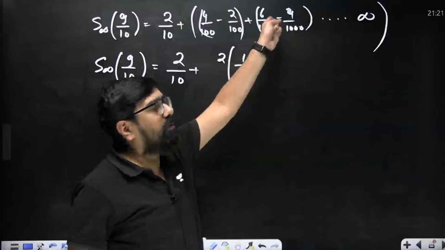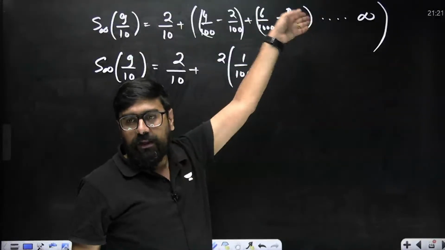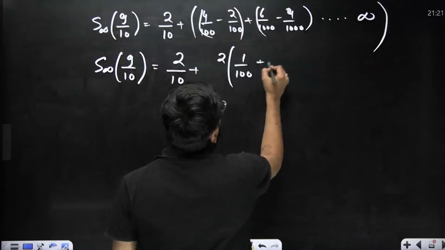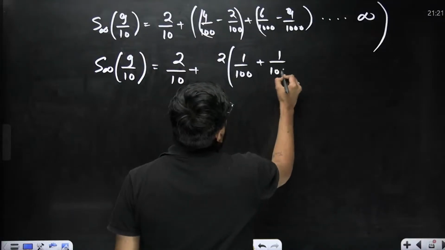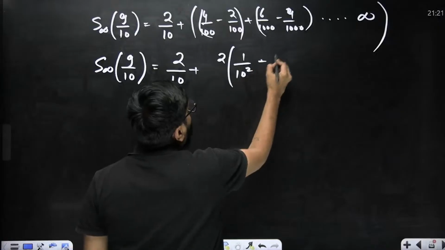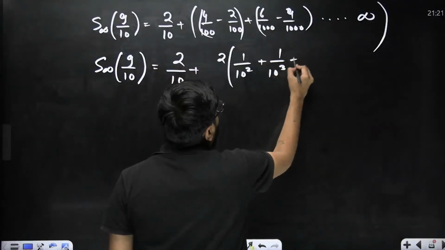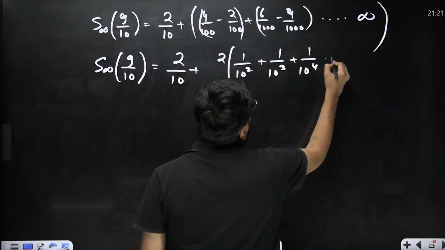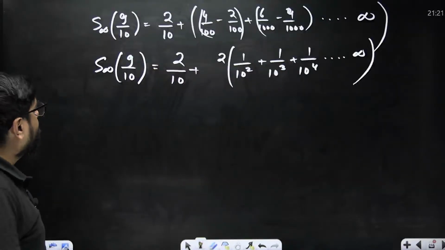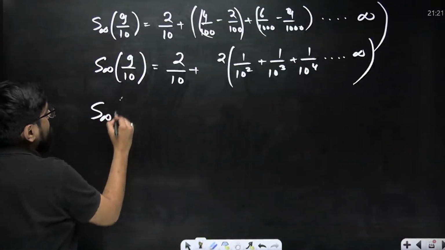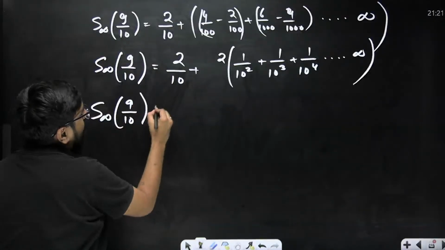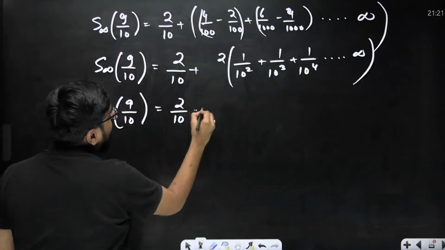This is also 2 by 1000, then 2 by 10,000, and like that it will keep going on. 1 by 10 square plus 1 by 10 cube plus 1 by 10 to the power 4 till infinity. So sum of infinite terms into 9 by 10 is nothing but 2 by 10 plus 2 into the sum of